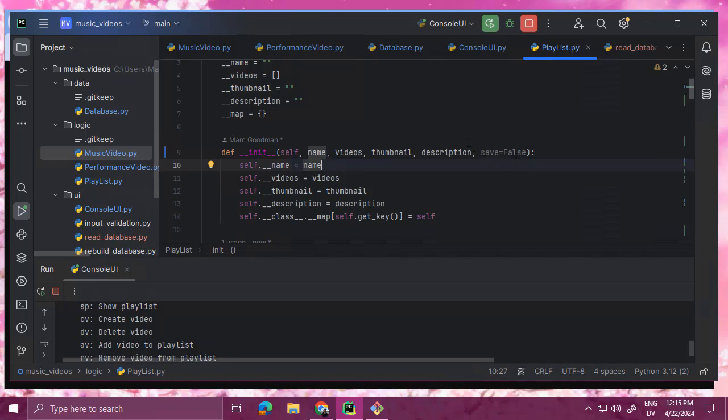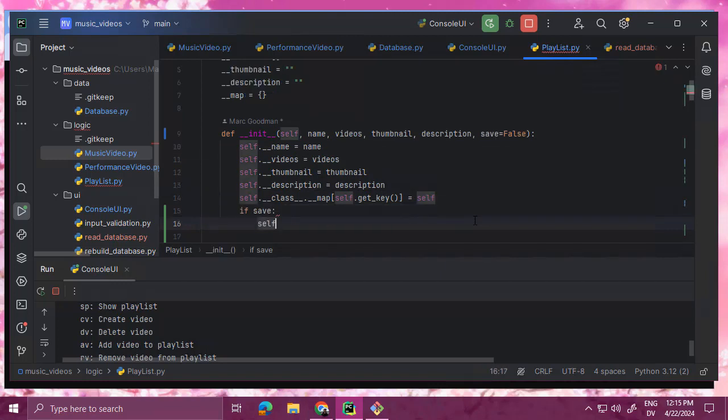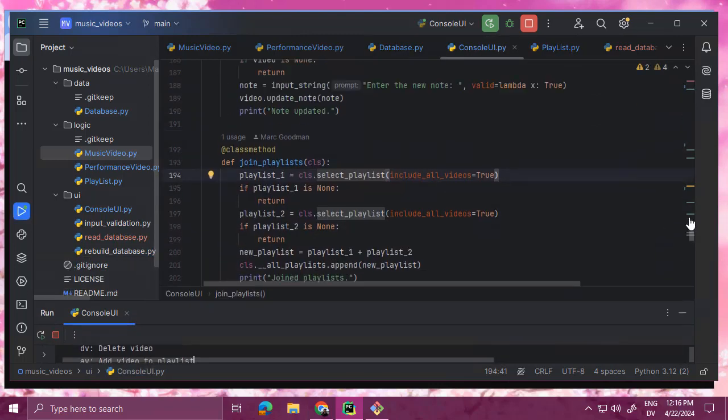So I don't need to change the code that reads this. But if save, then self.save. Okay, and then in the console UI, where I make a new playlist,